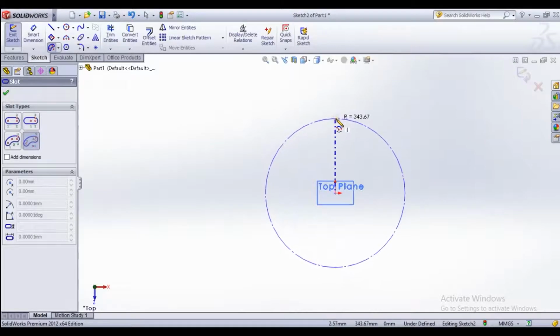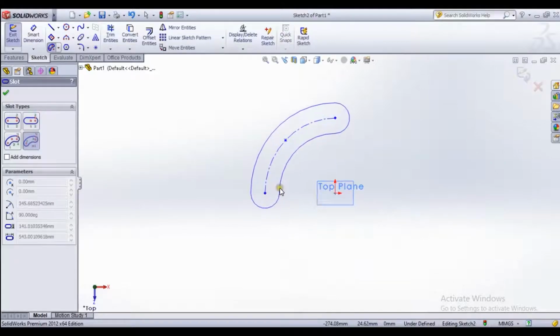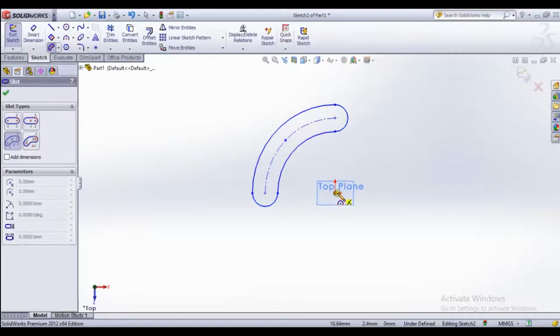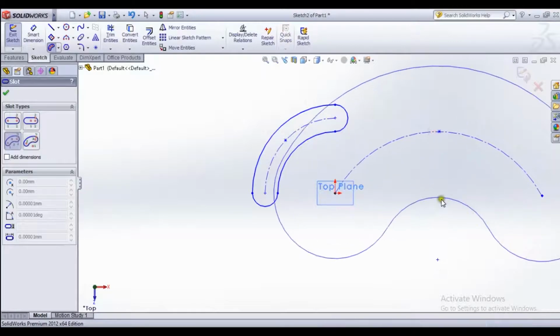And this type of slot is driven through the center, and we create the arc and the arc thickness and other things. The difference from these is that this is a manual arc, and we can adjust the radius of the arc.